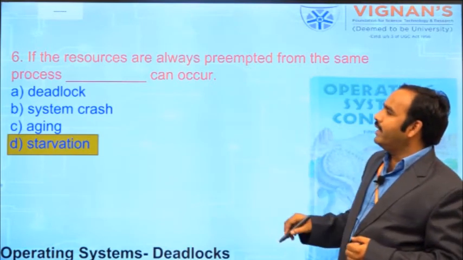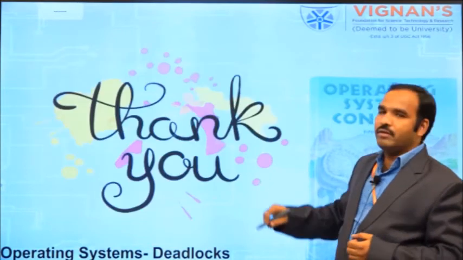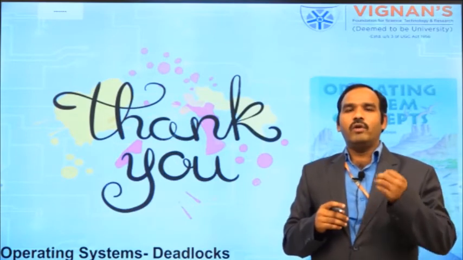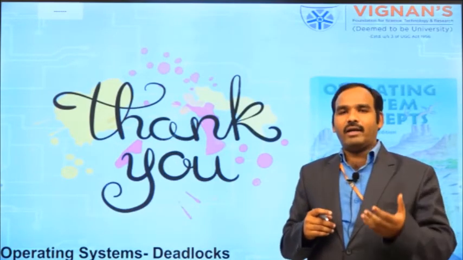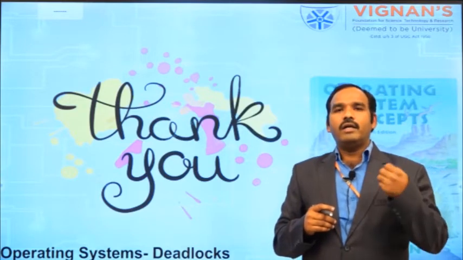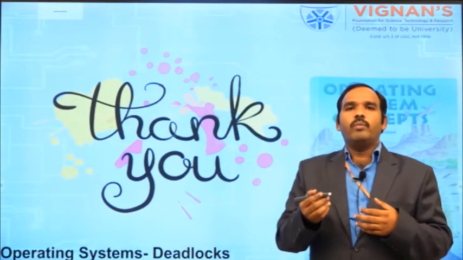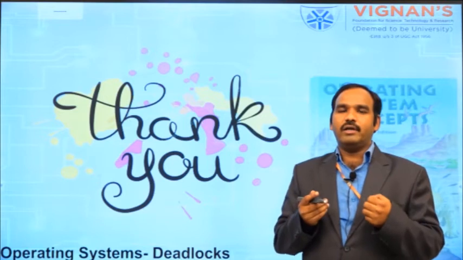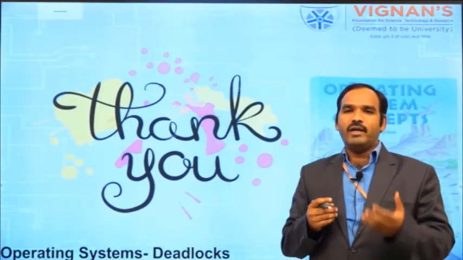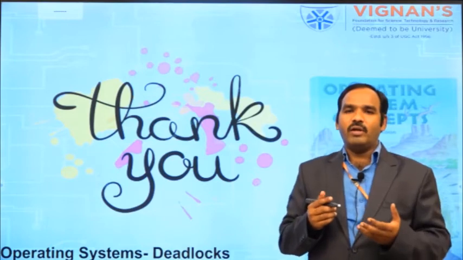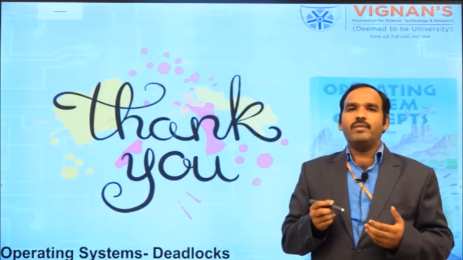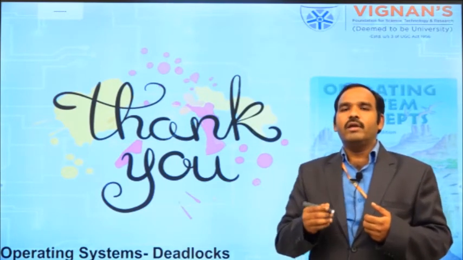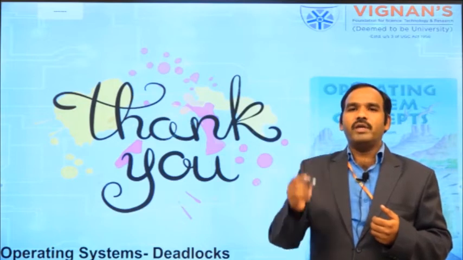And now what we studied in this session is how to recover from the deadlock. So far you have studied what a deadlock is, what the characteristics of deadlock are, and the different strategies to prevent the deadlock, that is deadlock prevention. Next we studied deadlock avoidance, how to avoid the deadlock with the help of some programming concepts like the Banker's algorithm. The Banker's algorithm contains two algorithms: one is the safety algorithm, and the other is the resource request algorithm for a process Pi.